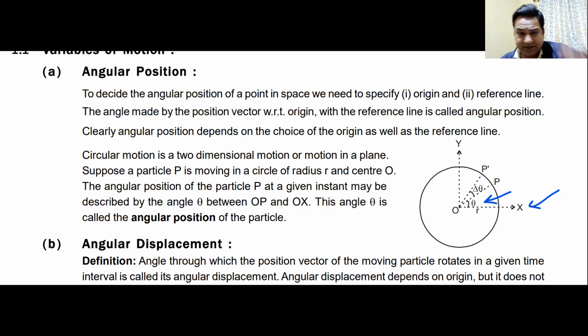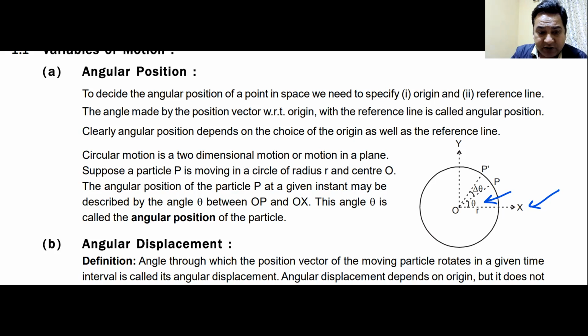I think we also discussed there are three types of motion: pure rotation, pure translation, and a mixed motion. We call it plane motion also. Here we are going to study pure rotation. It is not rotation right now, it is only circular motion. And I also told you that whatever term we have studied in that translational motion, the same term would come here. Angular position is same as position vector.